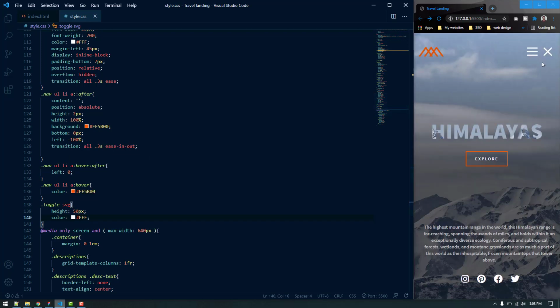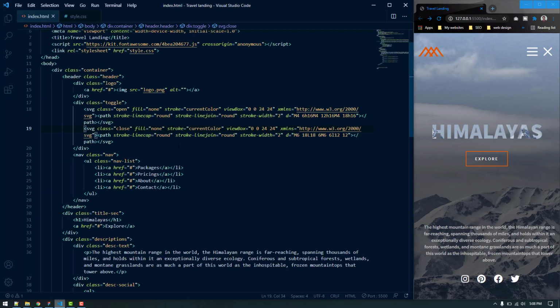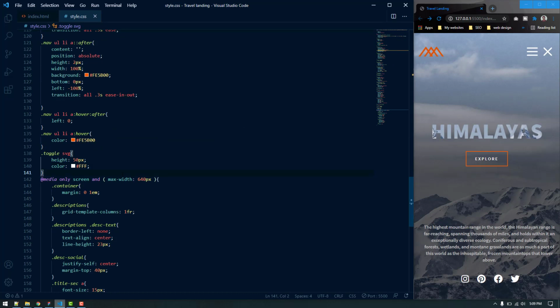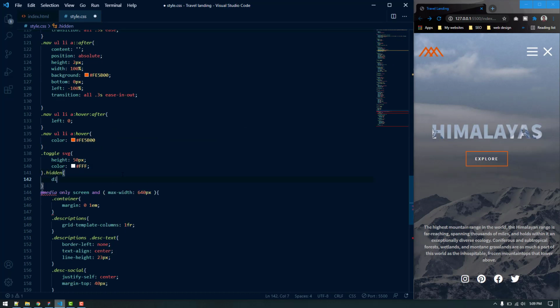Now in this condition we don't want to show this cross icons, so we are going to toggle the visibility of these classes by using JavaScript. We can actually do it pretty easily. We can add a class of hidden and add this hidden class with this open button to make it hidden also. So for that we need to target the hidden and make it display none.